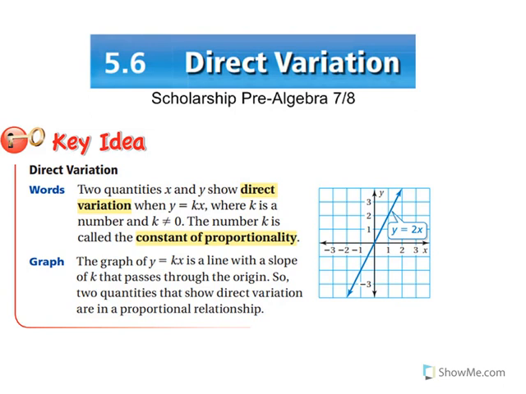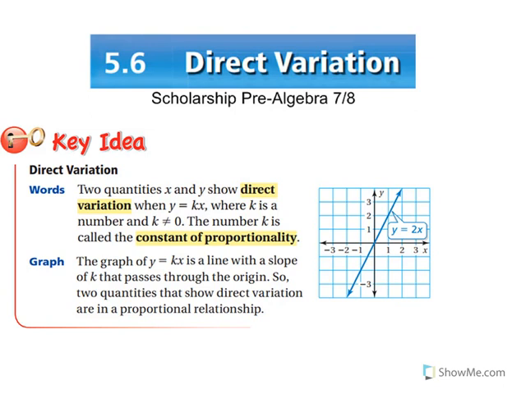Okay, well, today we are going to look at Chapter 5.6, Direct Variation. If you remember, just recently we worked with the concept of slope. This ties right into direct variation. A couple of things I want you to think about when doing this chapter: what does direct variation mean? Well, in words, two quantities, x and y, show direct variation when y